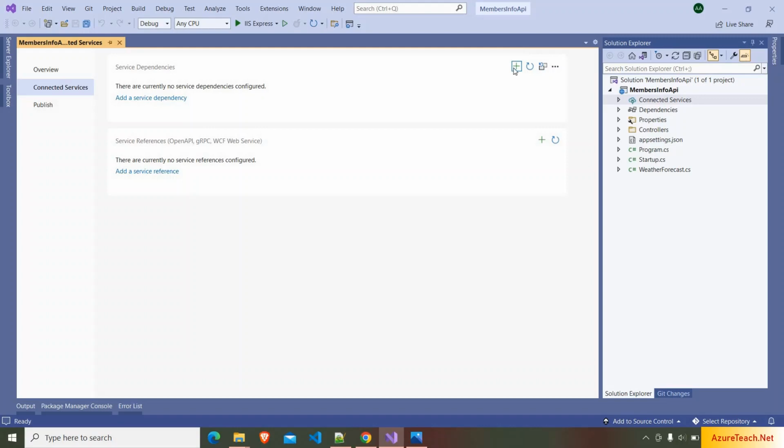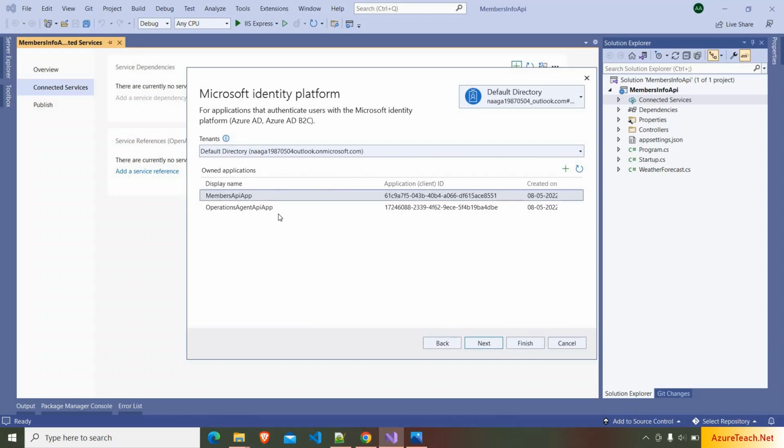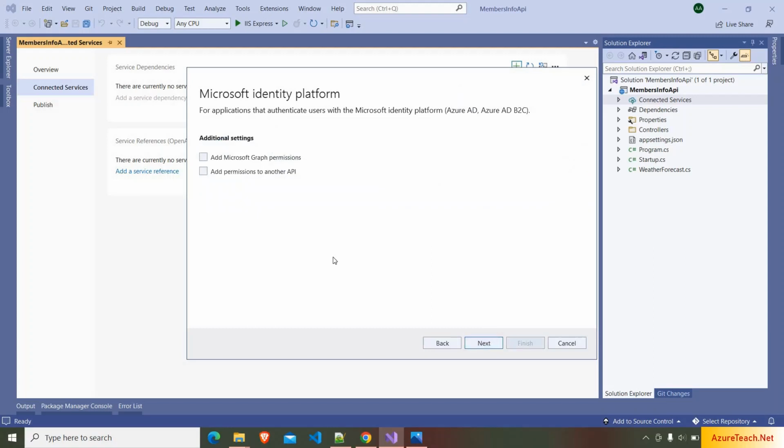Now again we have to click on this plus symbol and go to Microsoft Identity Platform. Click on next. Here it will display all the app registrations that are created by the user who is logged into Visual Studio. We can create the app registrations by clicking on this plus symbol as well, but I don't recommend that approach, because if we create like this, we can't assign the role to the users using the enterprise application. So that's the reason we have created the app registrations first on the portal.azure.com and later we are using them over here. So here I'm choosing members API app, clicking on next,